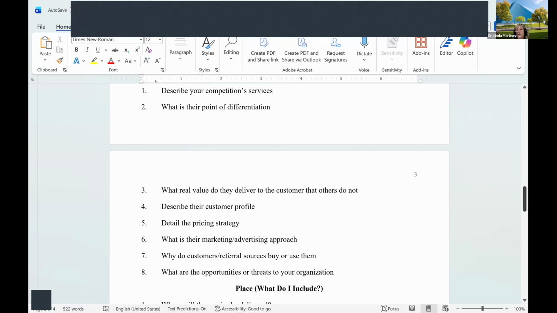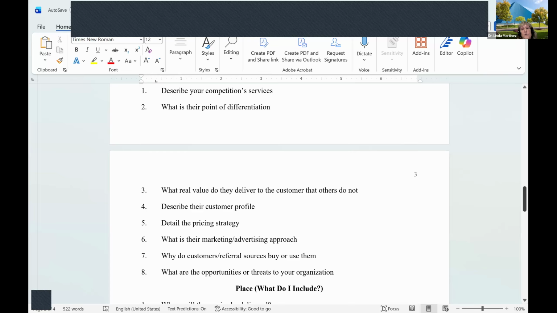Then what are the opportunities and threats to your organization? And that's, like I was telling you, the SWOT analysis, just in your mind. If they have some outstanding doctor that you can no way find one that is as good, or for sure not better, that would be a threat to you. Maybe they offer emergency numbers 24 hours a day, which you can't do. Maybe they've got customer loyalty. They've been around for 30 years, whatever it happens to be.